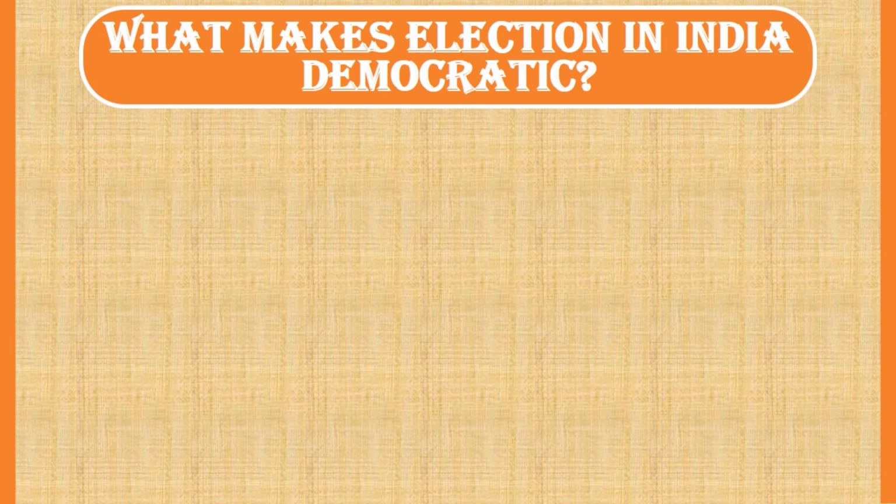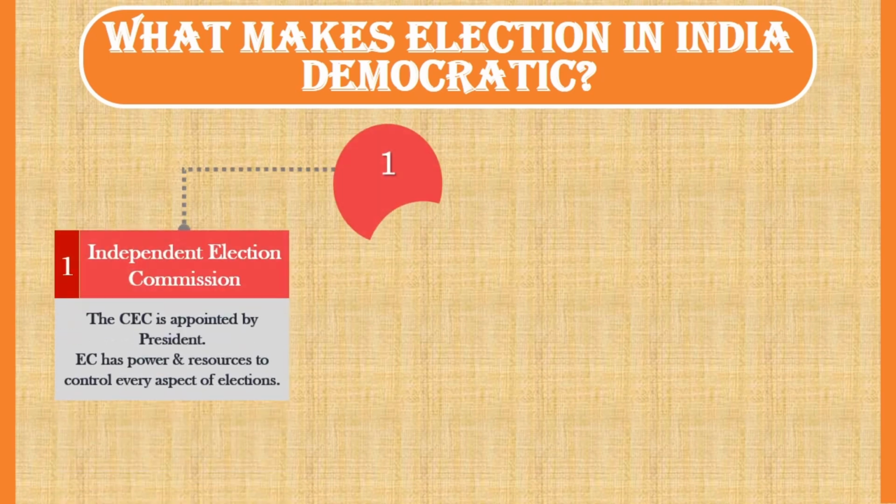Next, we will understand in detail what makes elections in India democratic. In other words, which factors make sure that elections in India are regular, free and fair. There are three important factors. The first one is an independent election commission. The Chief Election Commissioner is appointed by the President, and the Election Commission has the power and resources to conduct free and fair elections. Due to its appointment by the President, the political party in power has no control over